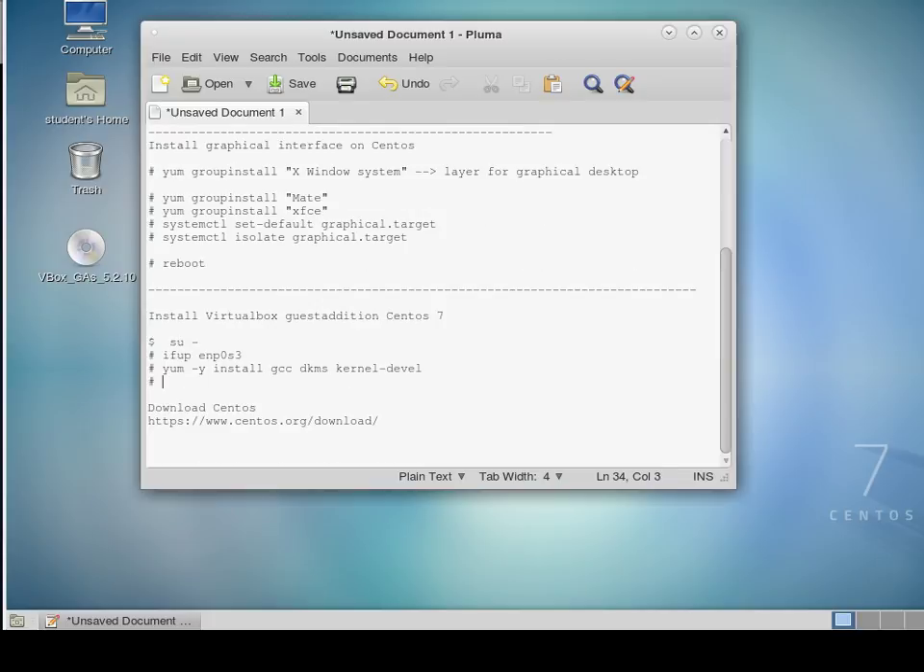So then you insert the Guest Additions image from VirtualBox. You enter the password and reboot. Okay,